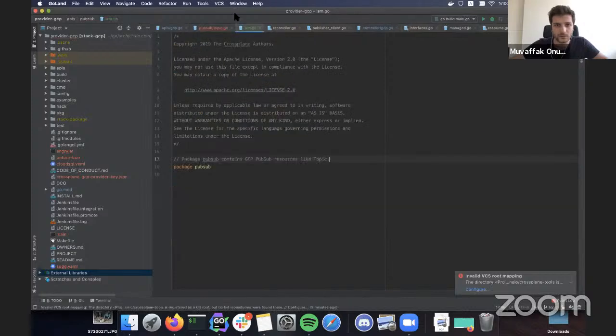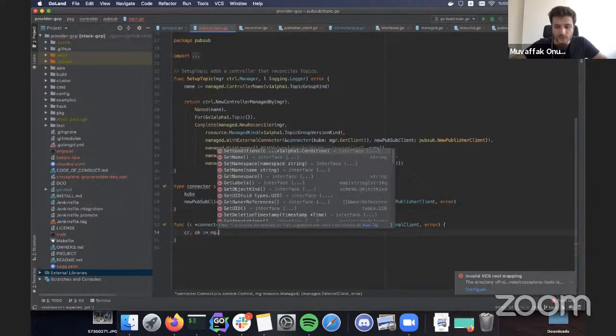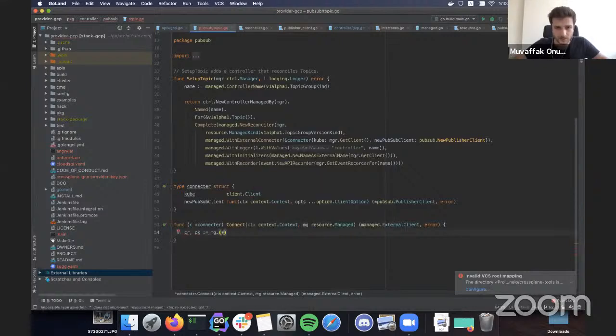It's basically mg, doing the casting to topic, and if not okay, new error: managed resource is not of type topic.